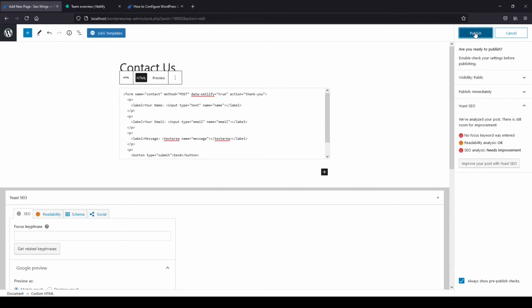I'm not doing any SEO thing here. Yoast is enabled here, so it's actually telling you that the readability is not good, but I don't care for this right now. We just want to test the contact us form. Then click on publish,